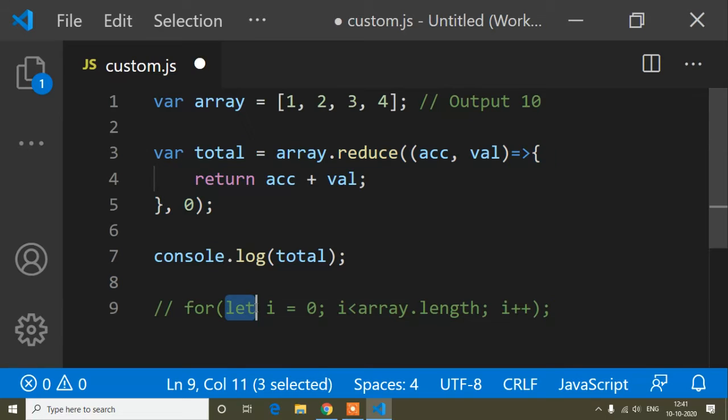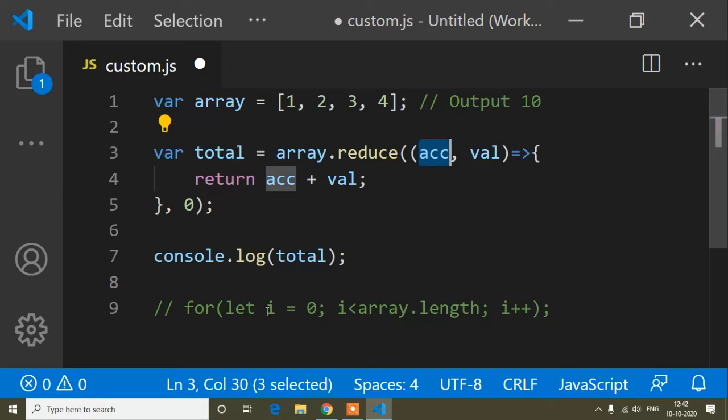When we write a for loop, we take a variable i and assign the value 0, which means i starts from 0 and goes up to array dot length, here up to 4. But when we write the reduce method, we don't need to write the for loop.